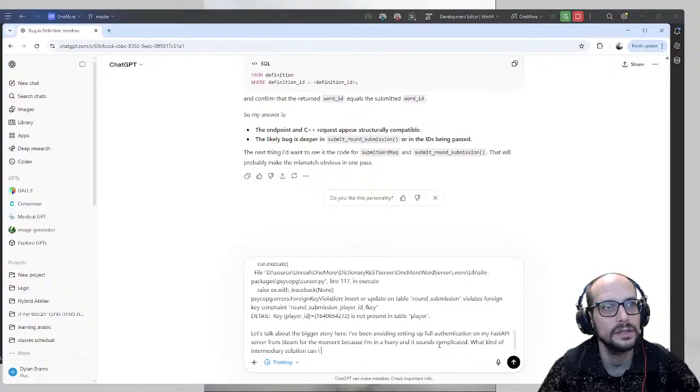Solution can I use to not interfere with future implementations of